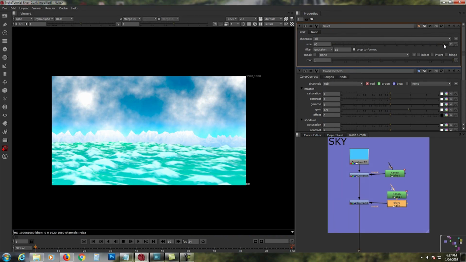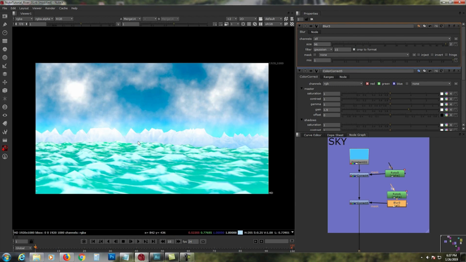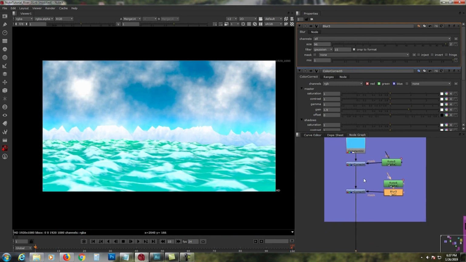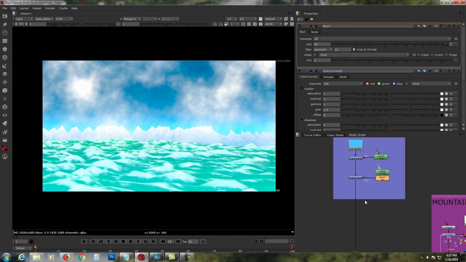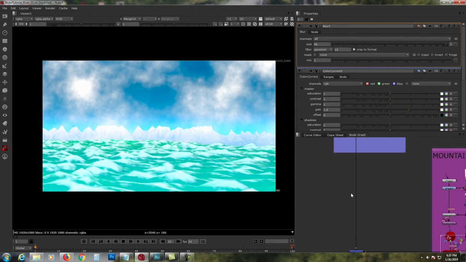So now we have a gradient of colors going on in the background, and just adjust to your liking. So we're almost done. There's a sharpness going on at the edges of the mountains and on the sea, so what I usually do is